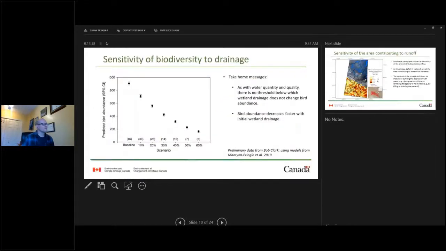And one thing that Crystal Antica was able to do, and Emily Cavalier, was to connect the hydrological model to bird abundance. When they say bird abundance, these are waterfowl. And same as with water quantity and quality, there's no threshold below which wetland drainage doesn't change bird abundance. Another thing that's interesting is that bird abundance decreases faster with wetland drainage. And I believe that might have to do with the fact that because we're removing wetlands by area, that means if we remove small ones first, which is what this scenario is, we're removing a higher number of wetlands